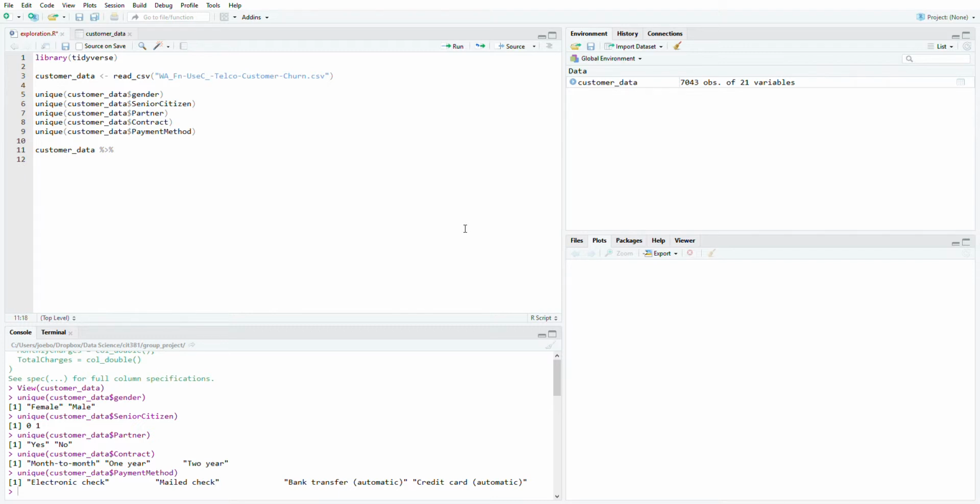Without it, you'd have to use the group by function. You'd have to say group by, parentheses, and then customer data. That's the first argument, and the second argument would be, let's say you want to do something on gender,